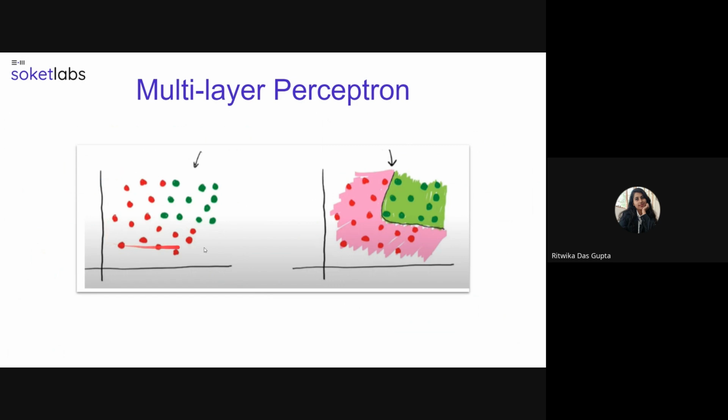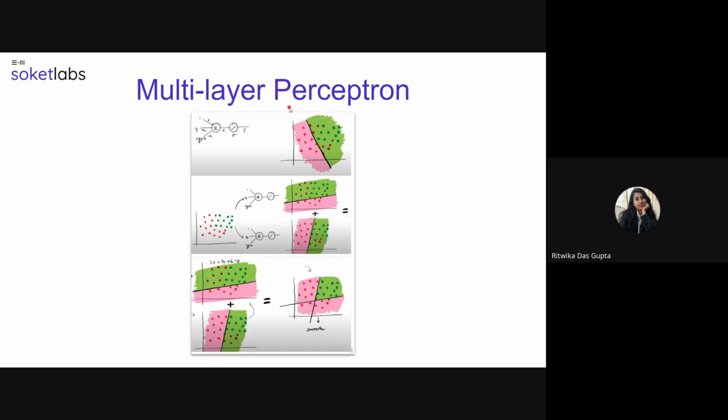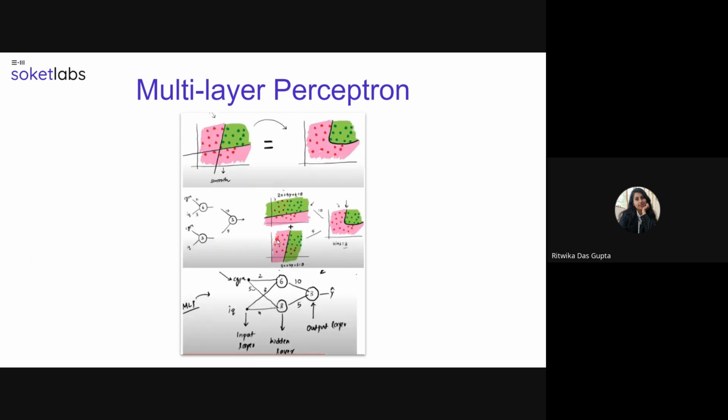So for example, for this particular graph, classifying the different points is difficult. We need this kind of boundary. So what a multi-layer perceptron does is, for a single perceptron we can have one boundary, and for another perceptron we can have a different boundary. Adding them together, a boundary like this is created, and we can smooth it out to get a final boundary. So that means a combination of various perceptrons gives a single multi-layer perceptron. So this is the combination here.